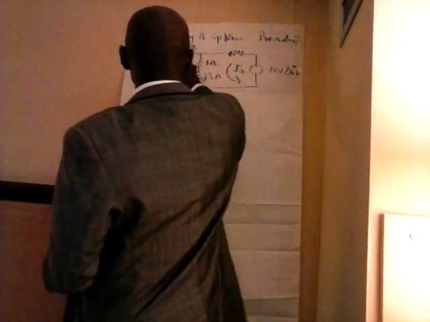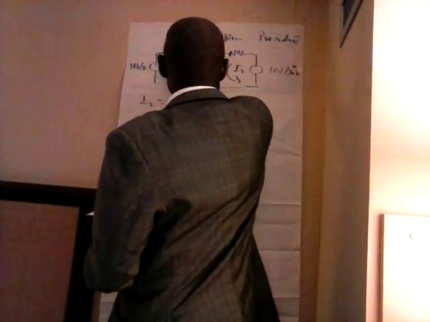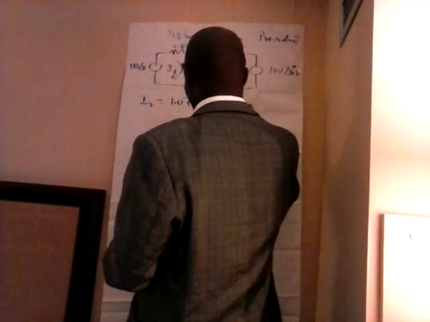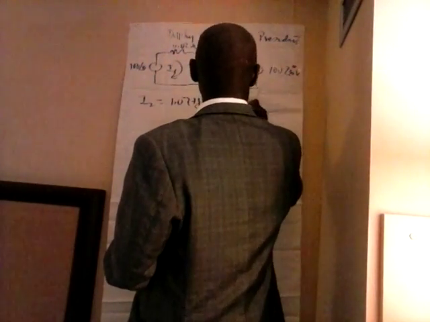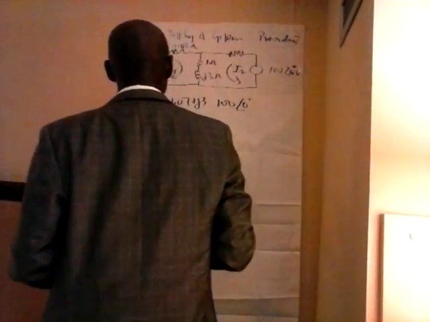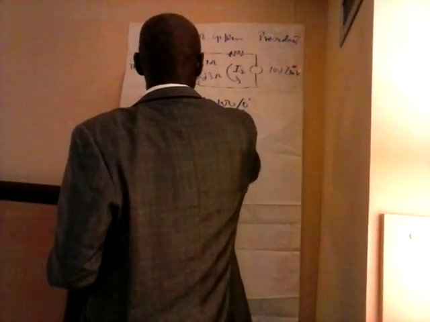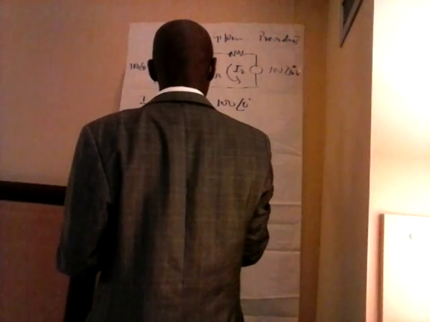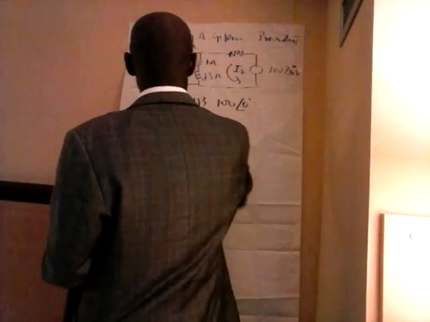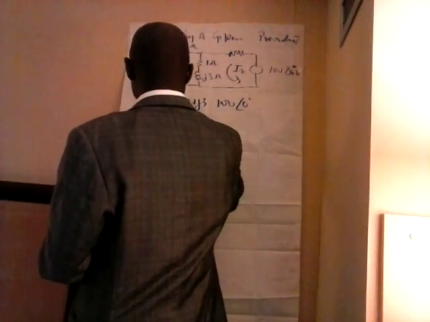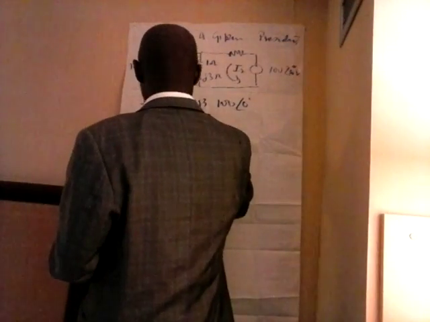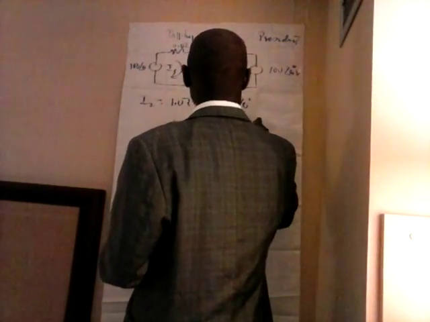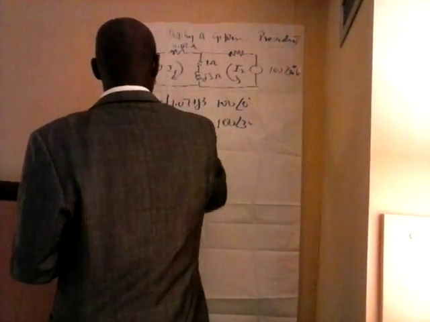It's the equivalent of the R11, mesh 1, and R12 here will be equal to 100 angle 0, which is this. This now will be R21, which is 1 plus J3, and at 100 angle 30. And find the determinant of that